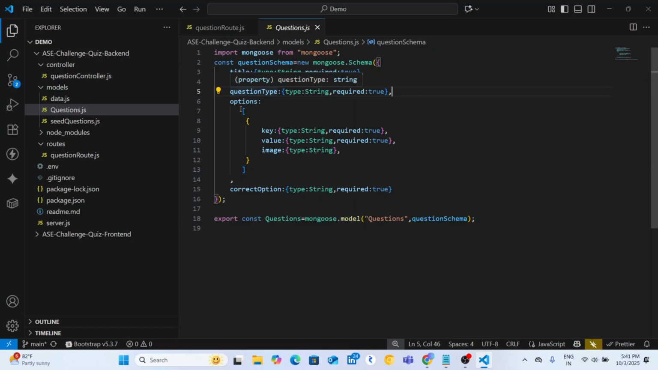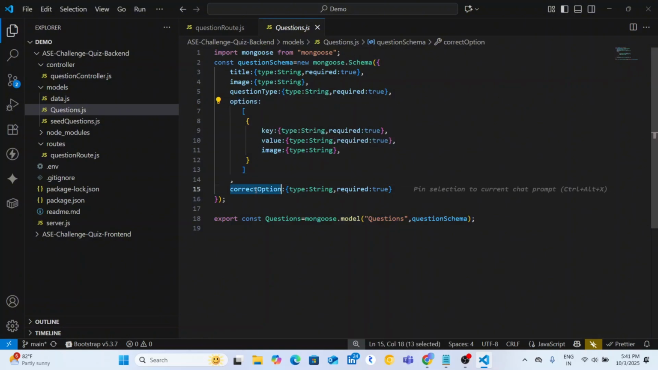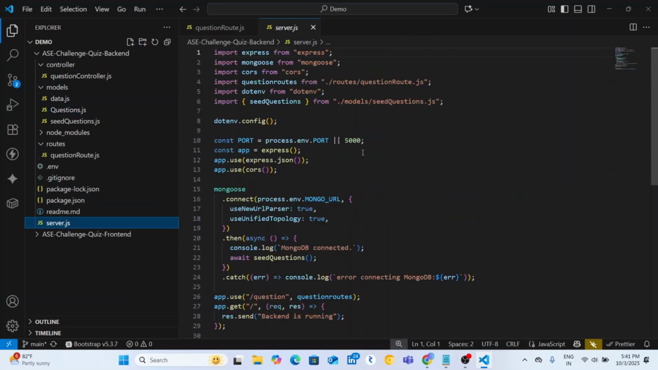And these are the options. For the option, I've added the key value and images here. And this is the correct option in order to calculate the score based on the selected option. So this was the question.js, and this is the server.js, which is the entry point for the backend,